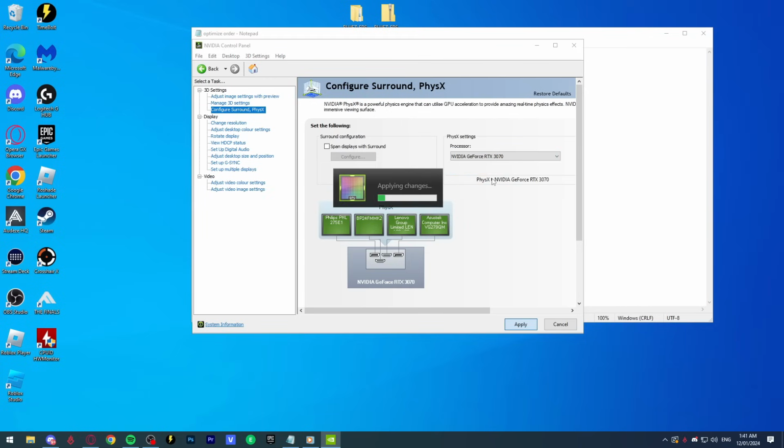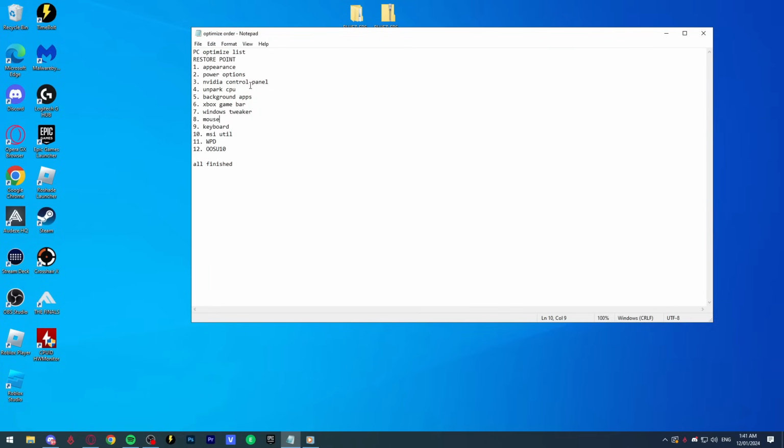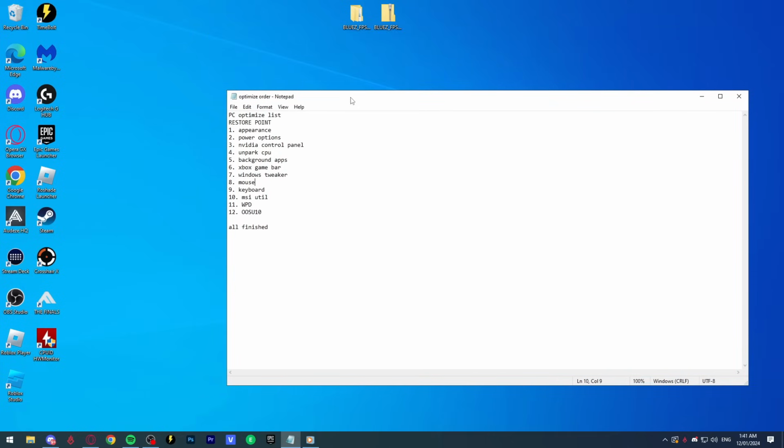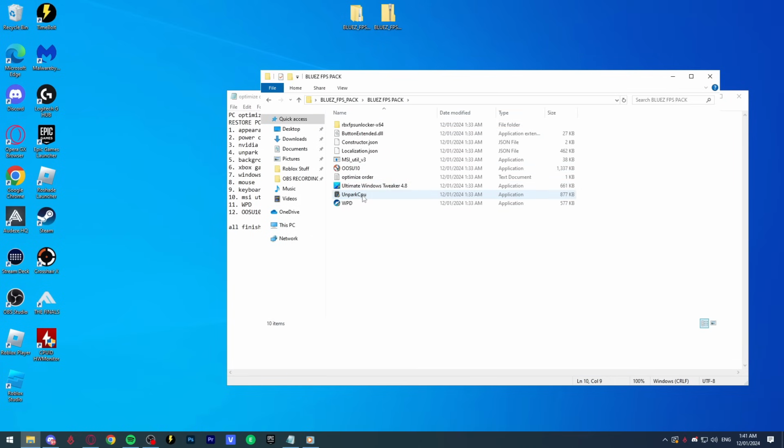So click apply on that, and now that is all done. So once you've done all that, what we're going to do is go into the file that we had earlier, and we're going to unpark the CPU. This is very, very easy. So what we need to do is open it up, go to unpark CPU, it'll be right here,